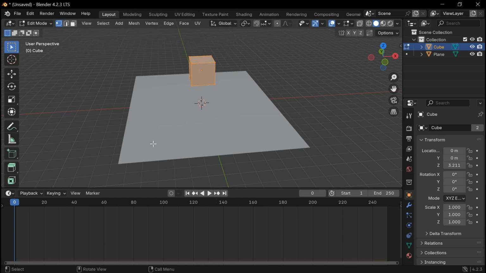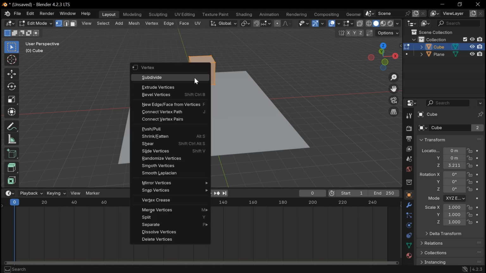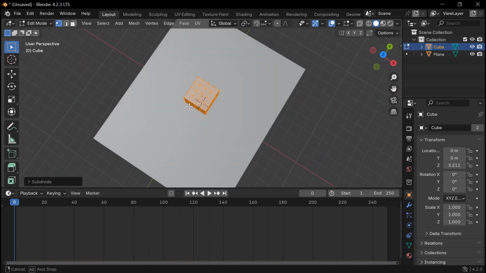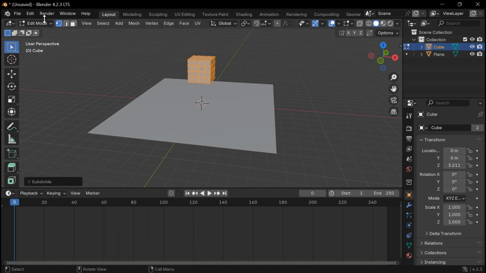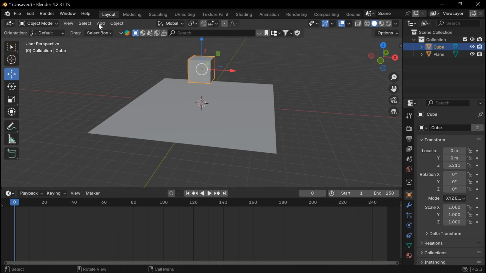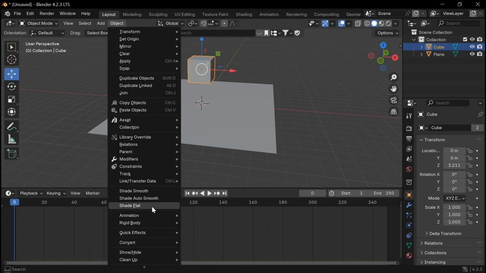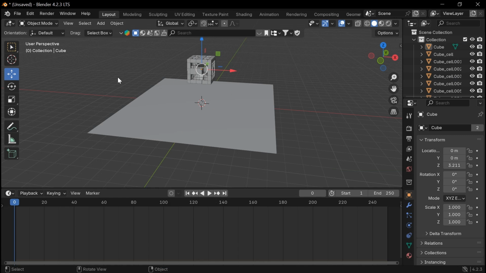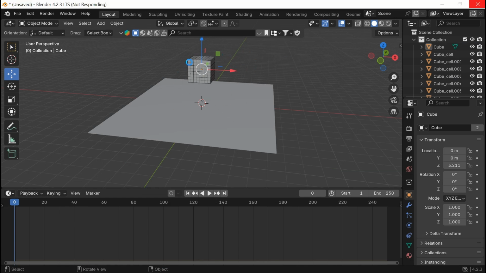Now again go to Edit mode, click the right mouse button and subdivide it. I subdivided 2 times. Now again go to Object mode, click on Object, Quick Effects, Self Fracture. I set it as the default. It takes some moments to load. After a while,